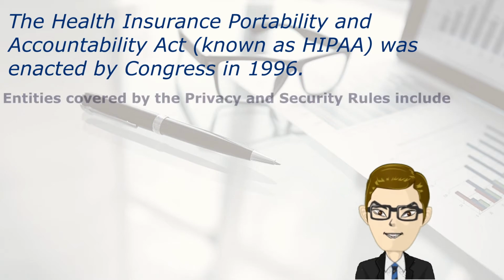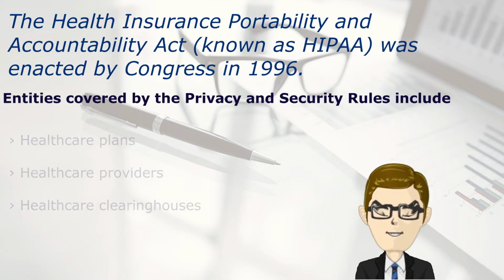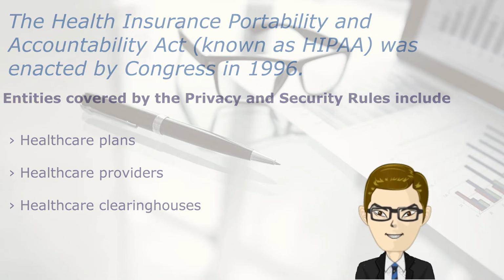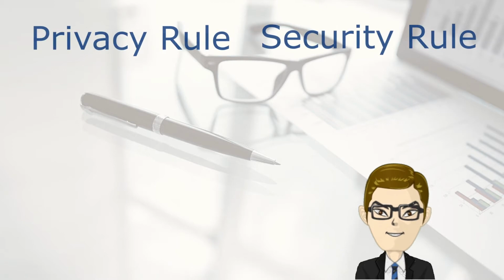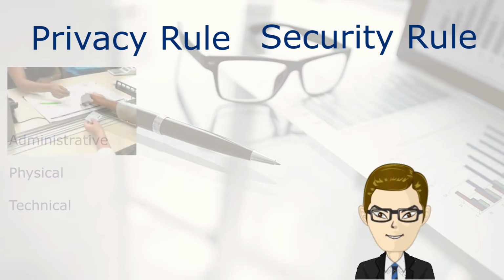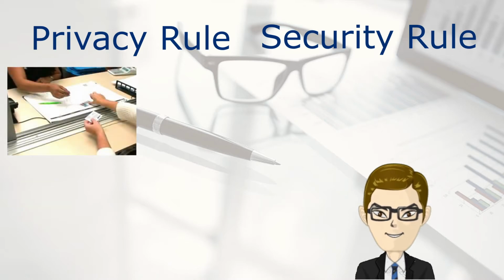Entities covered by the privacy and security rules include healthcare plans, healthcare providers, healthcare clearinghouses. Upon passage of the HIPAA Act, the Department of Health and Human Services was required to issue two separate regulations referred to as the Privacy Rule and the Security Rule. These regulations helped healthcare organizations to adopt processes and procedures to ensure the highest degree of client confidentiality. These processes include administrative, physical, and technical safeguards to ensure that medical information is stored, transmitted, in a safe and